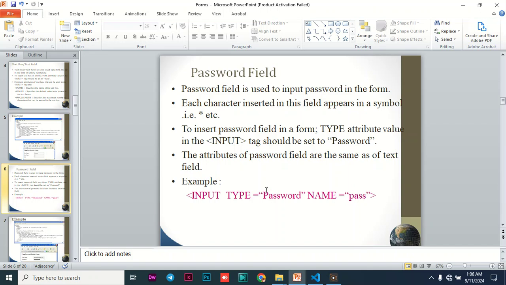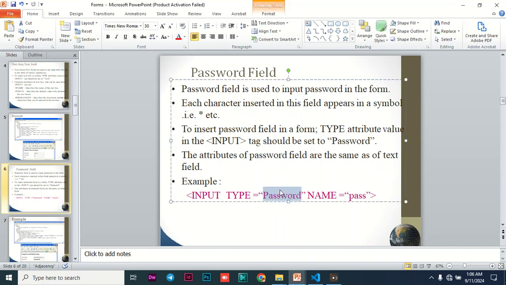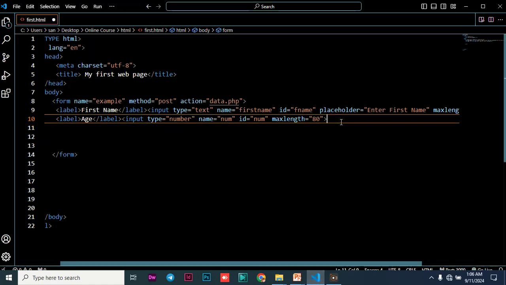So why do you use password as the keyword? It's going to change the characters into asterisks. It's not going to display the characters themselves, it is going to use asterisks. So if, for example, I want to add some